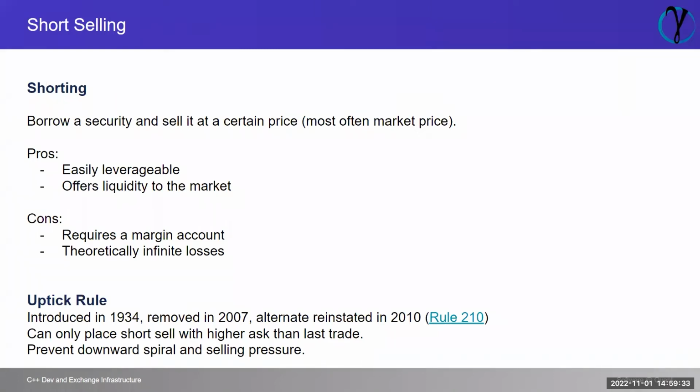So shorting is basically you borrow a security and then you sell it at some price, right? Usually it's the current market price. Why is that good? Well, here's a scenario. I borrow your Xbox. I say, hey, can I play on your Xbox? But I need to take it home and borrow it for the weekend. You're like, sure. And I borrow your Xbox